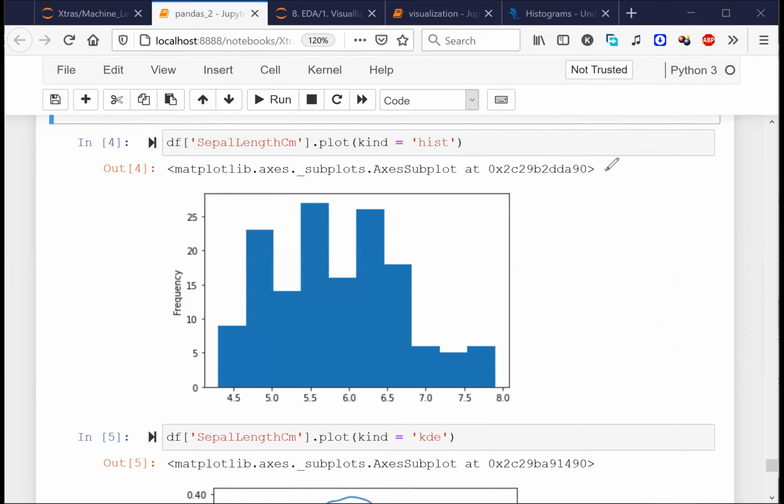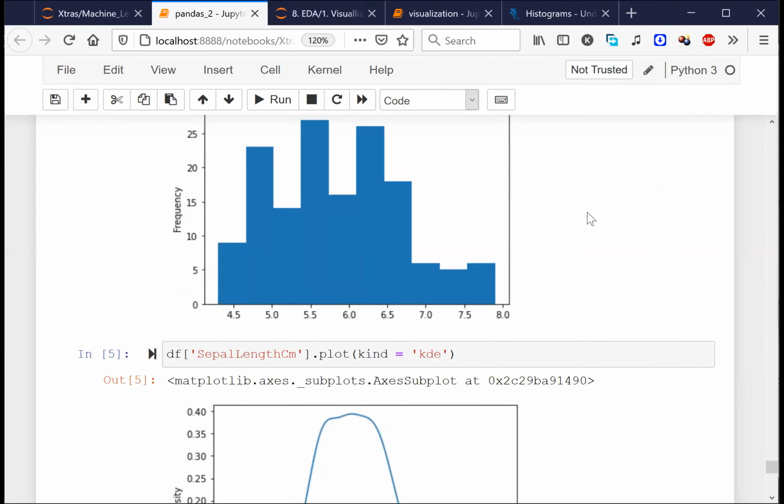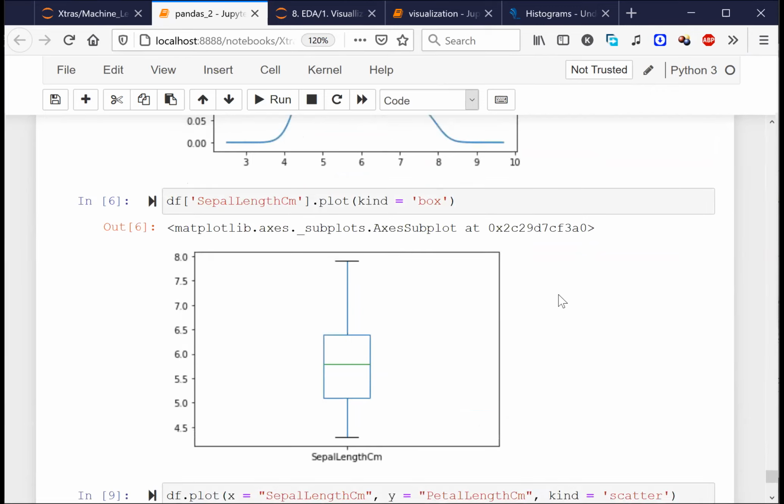Now, is there something called a bivariate plot? What do I mean by bivariate? Anyone who can explain to me the meaning of bivariate? Yes, two, right? Bi means two, variate means variable, right? If I can plot two variables on the same plot, I would say that it is nothing but a bivariate plot.